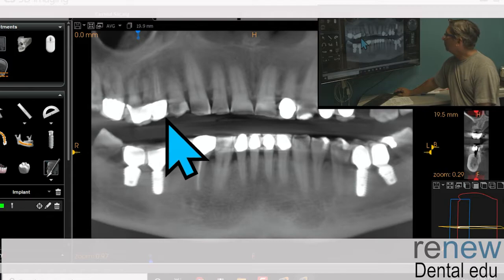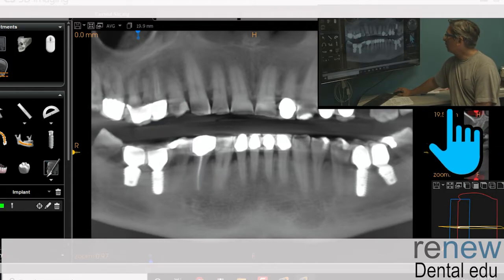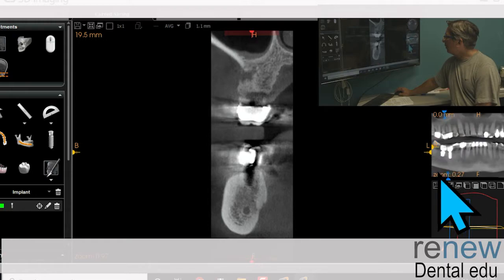So let's look a little closer at the CT, and in particular over here we're going to look at number 3, and let's look at it from the slice view here. As I go through,